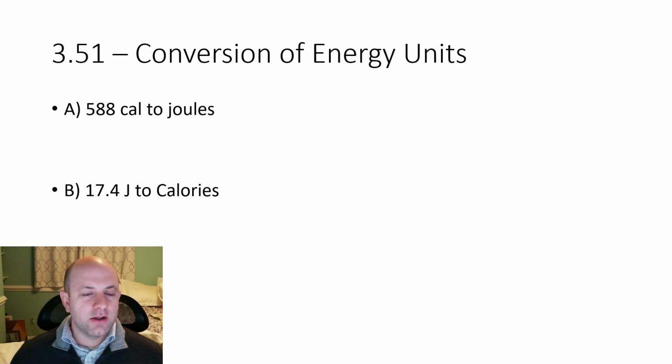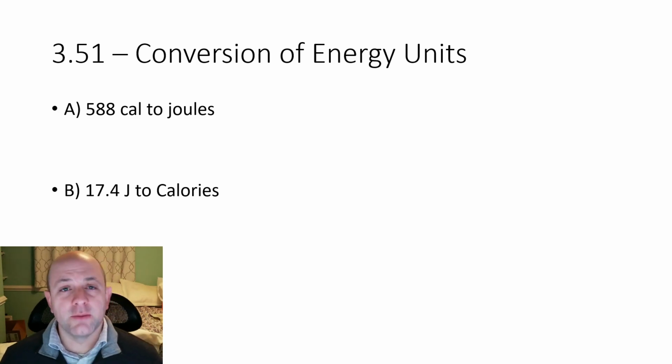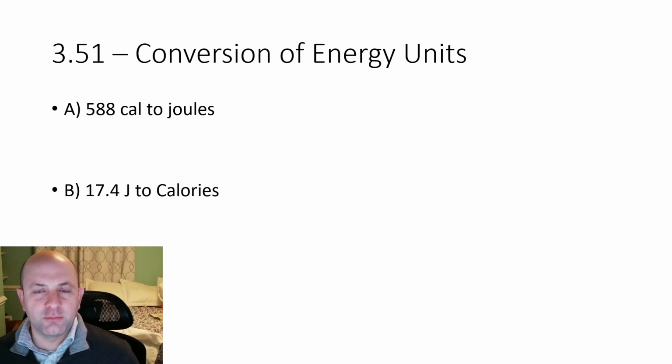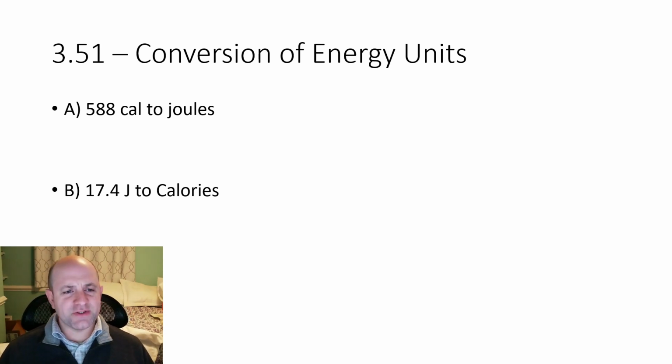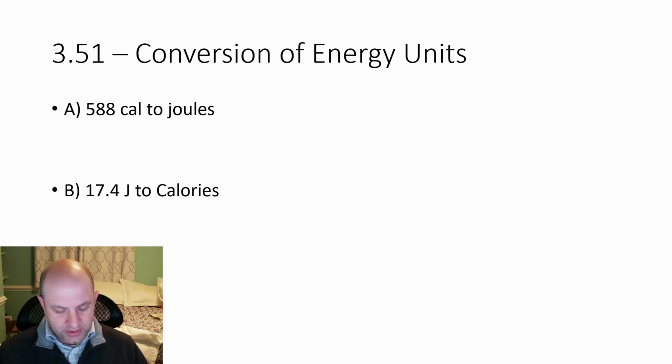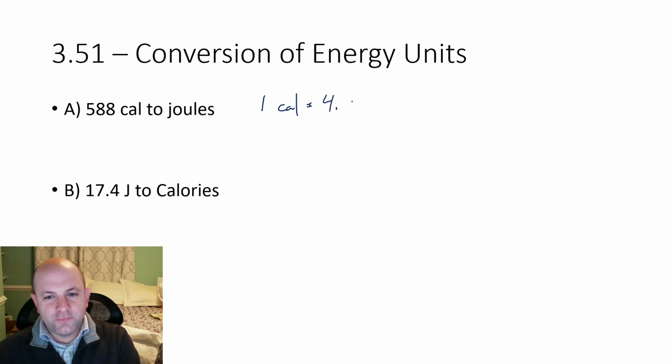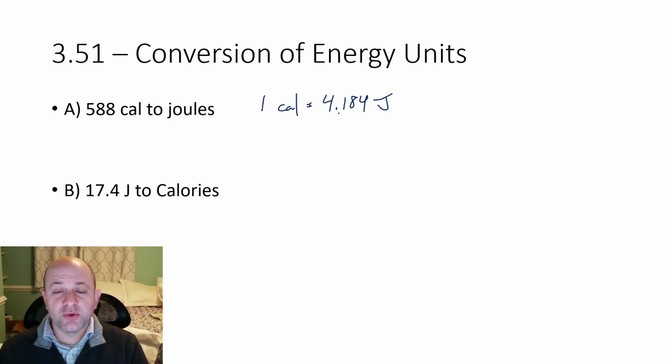There we are. So 3.51, in the problem set you have 52, so this will be a pretty good matchup. We are asked to convert, first in part A, 588 calories to joules. And so for that, we'll always want to look at our book to say, okay, what's the conversion there? And we'll find out for that one that 1 calorie is 4.184 joules. And with that equality, we can set up our dimensional analysis like we did in Chapter 2 and say,